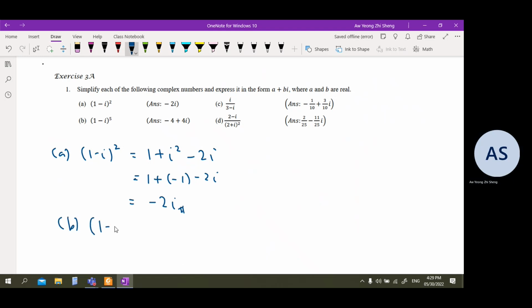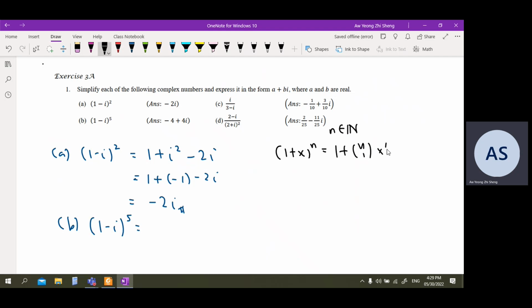Next, part B. (1 minus i) to the power of 5. I hope you can still remember the binomial expansion learned in P1, chapter 8, which says if you have (1 plus x) to the power of n, if n is a positive integer, then it will be 1 plus nC1 x to the 1, plus nC2 x to the 2, and so on, and the last one will be nCn x to the n. So we're going to use this